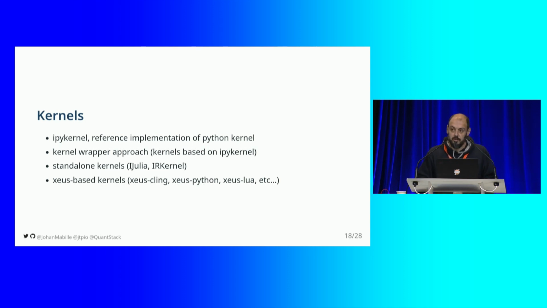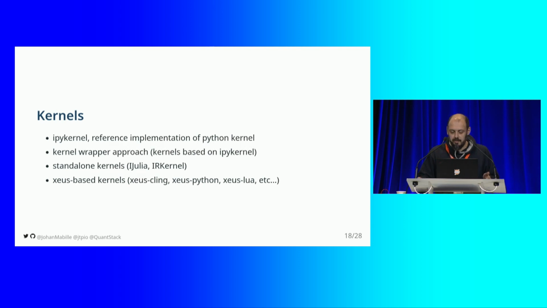The second approach is just writing from scratch. So that's standalone kernels like IJulia or IR kernels and many others. The thing is, you have total control over your implementation. The drawback is you have to go through all the specification of the protocol, and it might not be super easy to implement. And the third approach